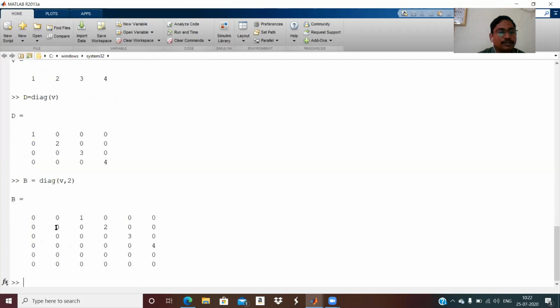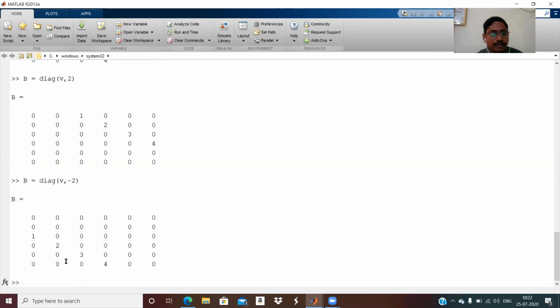This is the first diagonal, this is the second diagonal, and everything is placed above this diagonal, the second diagonal. So it will come like this. And suppose I put -1 here, it means below the diagonal, suppose -2. You can see it comes on the first diagonal, second diagonal below. But put a minus sign so that it will not come outside this matrix.